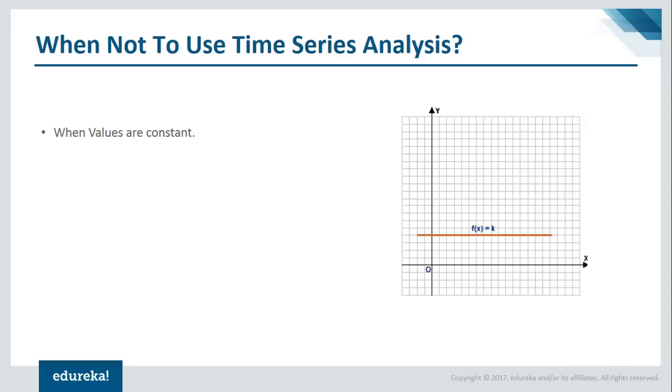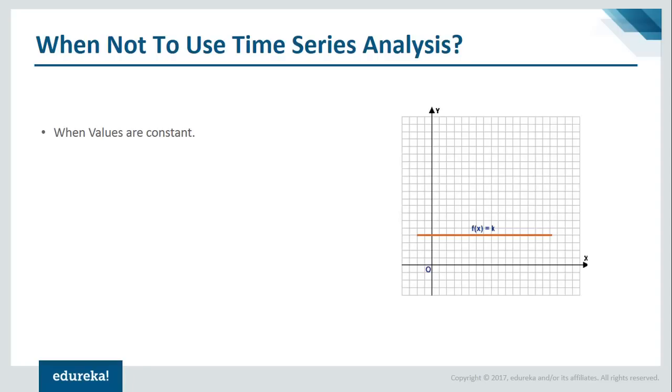So we don't use time series analysis whenever the values are constant. For example, I say that my company sold 23 cars in the past month, 23 cars in this month. Tell me what the sales are going to be next month. In this case, my number of cars is the same for the previous month and this month as well, right? So there is no point in putting an analysis over here because